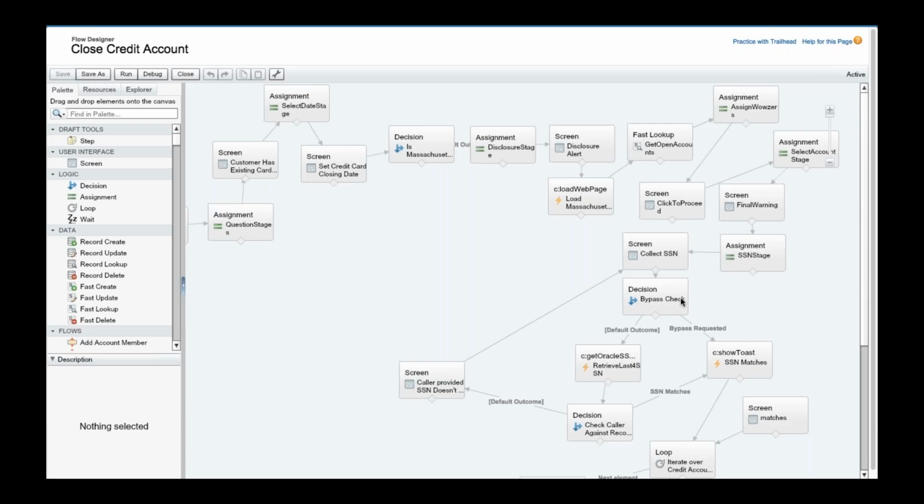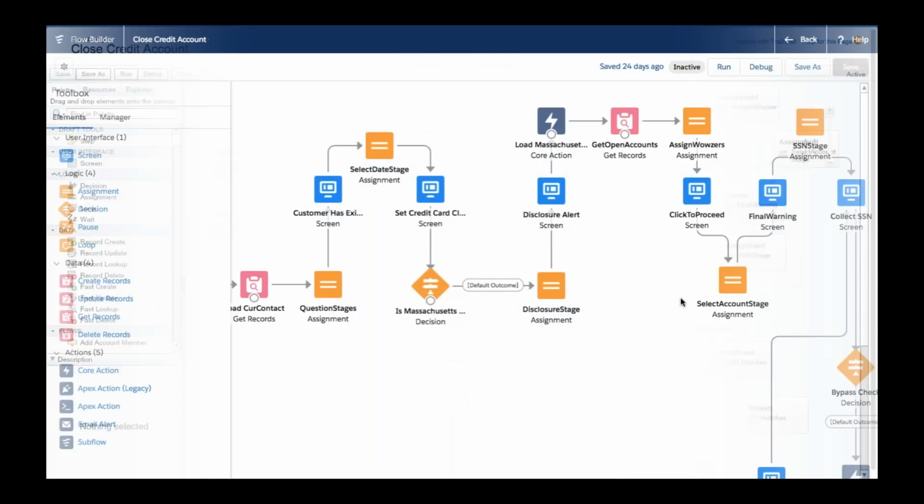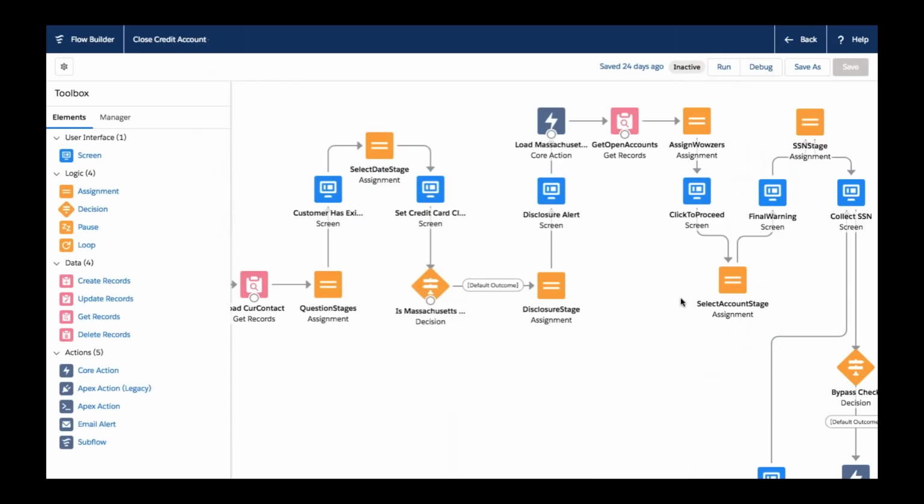It had all of the elements that allowed you to create the logical tools, but it was a little bit slow, and it ran in Flash, and Flash is soon to be no more. And so we had to build a new tool, and while we were doing that, we thought we would make a bunch of improvements while we were at it. So the new tool that we have is called Flow Builder, and it will be out in Spring '19.